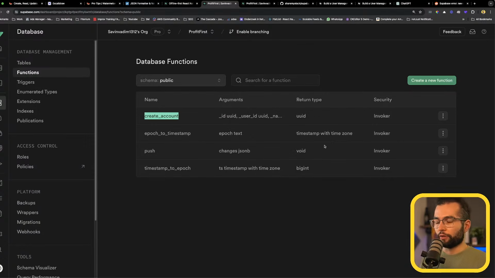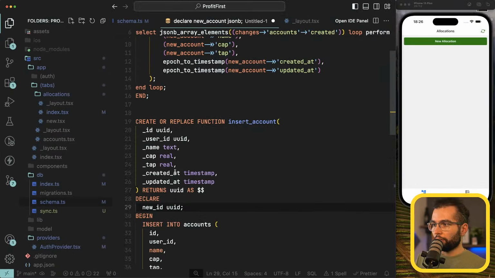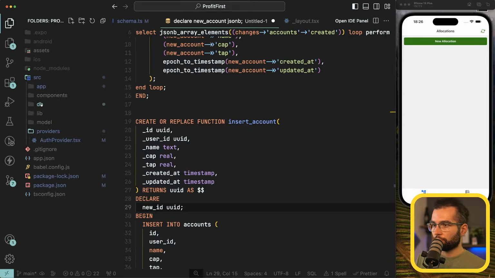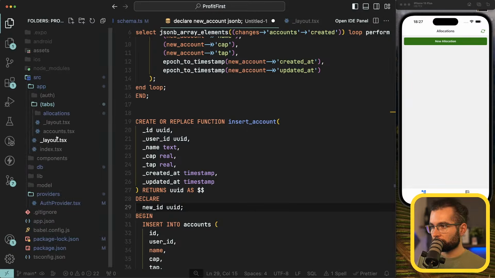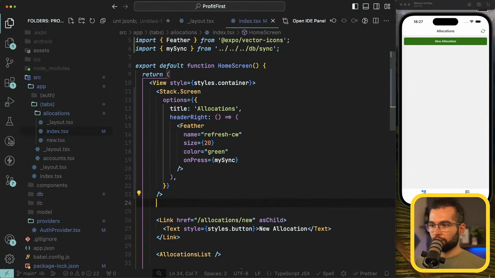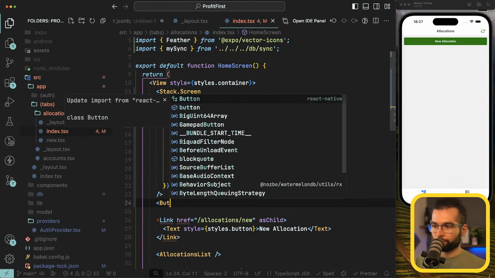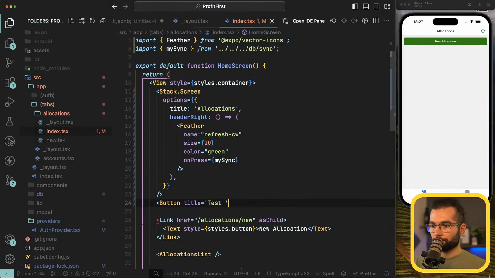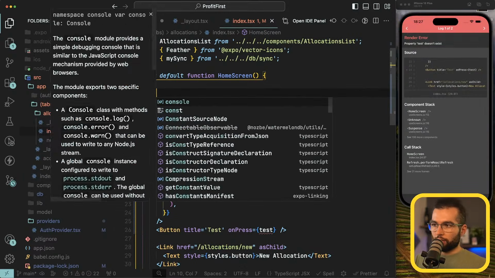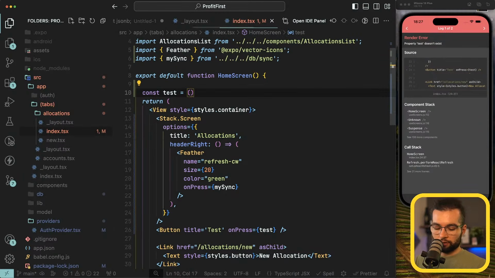Let's try to invoke the create account function when we press on some button, I don't know, just to see if it will work. So for example, in our application, tabs, location, index, let's add here a button, title, test, on press, test, and here const test equal, I think,